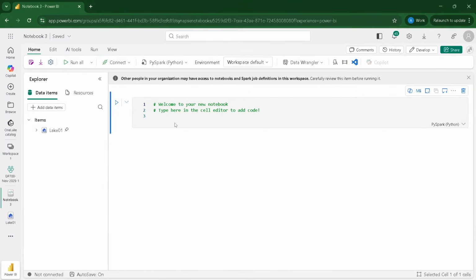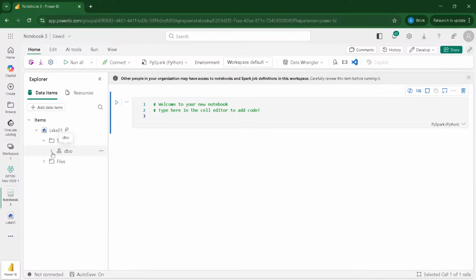Now whenever you run a cell for the very first time, even if your Spark engine is not started, it is going to start your Spark engine. Now we are going to start our journey with PySpark. PySpark is basically the version of Python which is supported for Spark, meaning enhancements or additional functions have been provided in it for Spark.